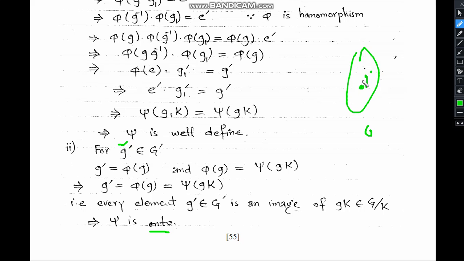And we know that every element of G dash is the mapping of some element from G. So we can write it here as g dash equal to phi g, and earlier we have seen that phi g is also equivalent to psi of gK, because there is a relation between phi and psi in which we have defined psi. So this g dash can be written in terms of psi. So here we have seen that every element of G dash is the